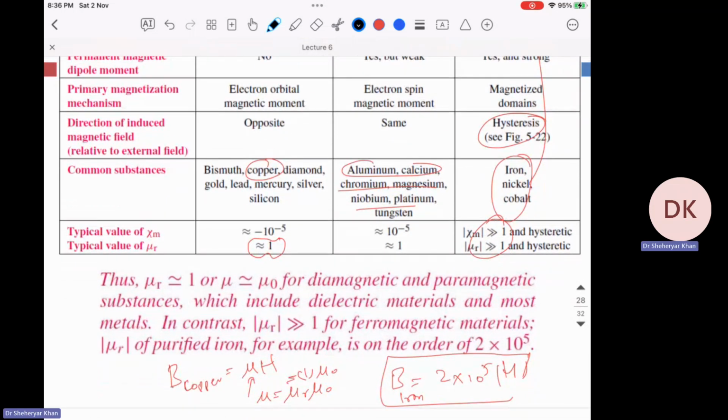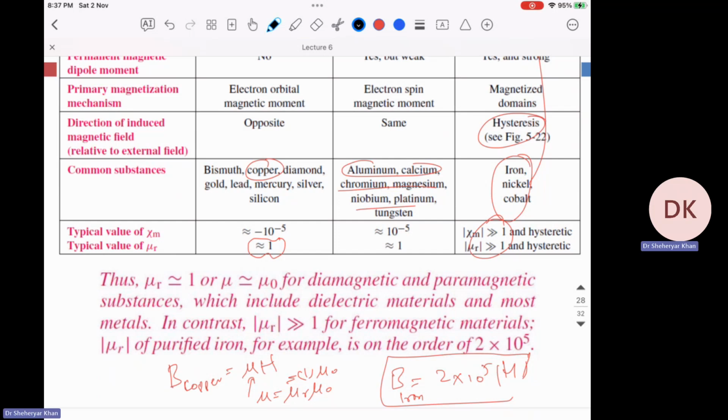It's 2 times 10 raised to power 5. That's if you are working in some environment with air, and then you replace air with the magnet, you get 2 times 10 raised to the power 5 times higher magnetic field, because B is equal to mu H and B is equal to mu r mu naught H,